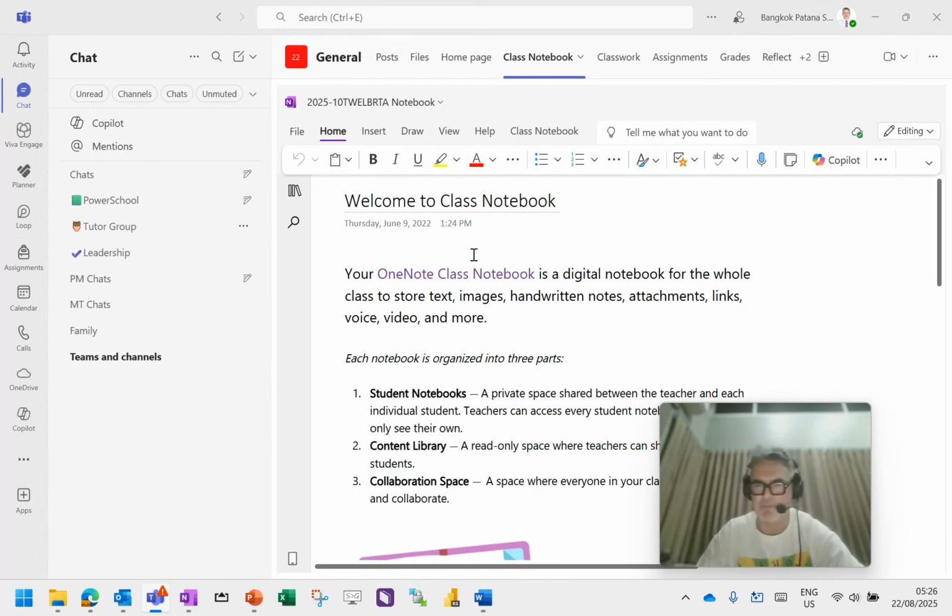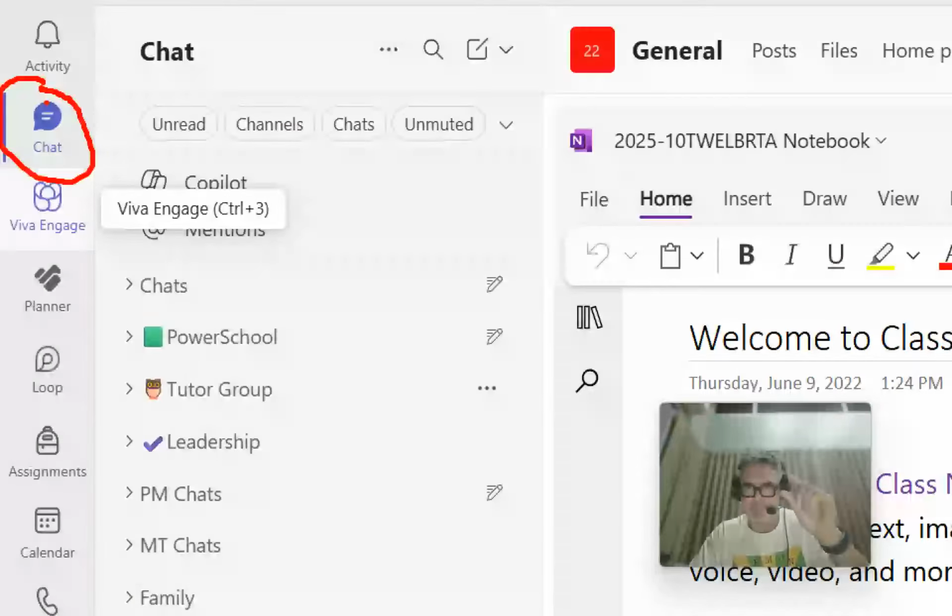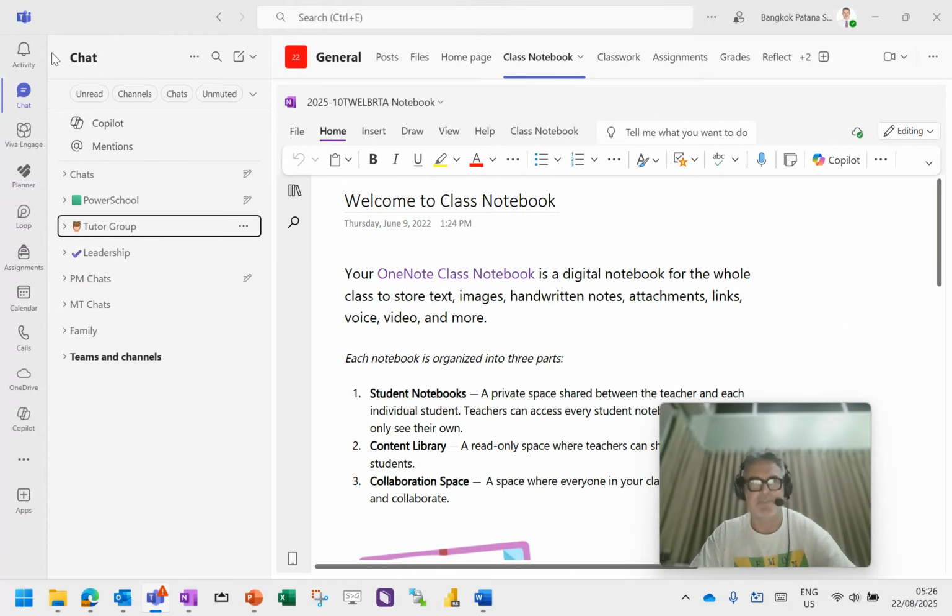But the biggest change, if you've upgraded to the latest version of Teams, and normally there's a button up here on the top right hand side saying switch to new version of Teams. The new version you'll see down here, if I just zoom in, you just have one button now, a chat button, and you don't have a button for chat and a button for Teams. They're not separate anymore, they're all combined into one, which means that it gives you the ability to create something called sections and gives you autonomy in terms of controlling where the chats and channels appear, because